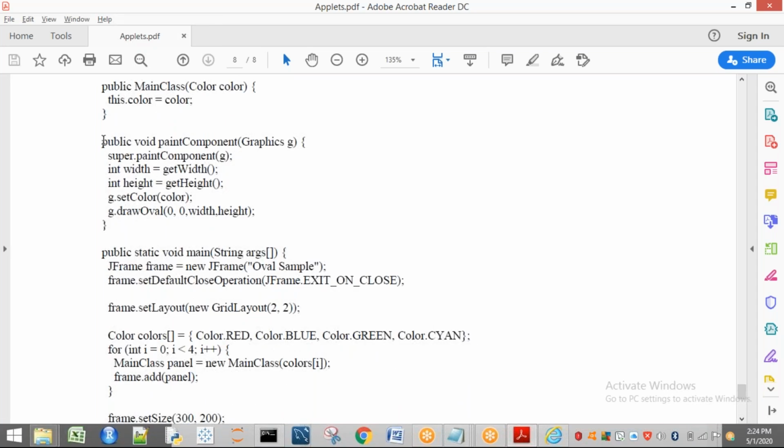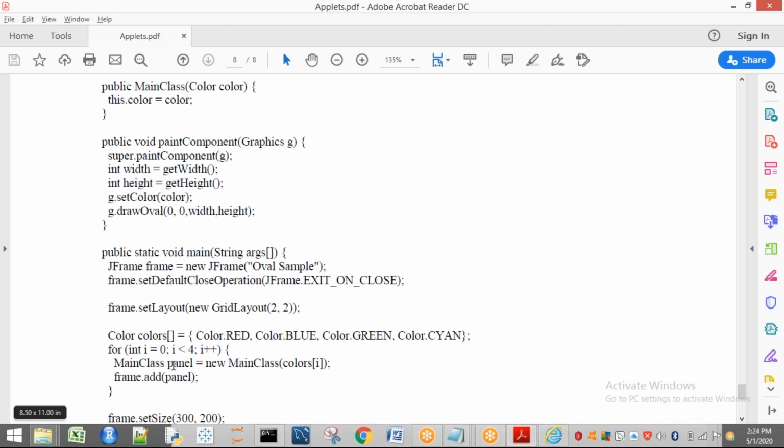Right here. See, main concept is this one. I want to use this one. So public void paintComponent. First line is what? super.paintComponent(g). First, I'm going to create one frame. The name of that frame is VowelsSample. Already you know why we are using this exit and close: whenever you click on the close button, it will close. So I'm going to set layout as 2, 2. That means 2 columns and 2 rows. So how many colors I'm going to take? Color red, 4 colors I'm going to take. In for loop, I'm going to place those numbers 0, 1, 2, 3.